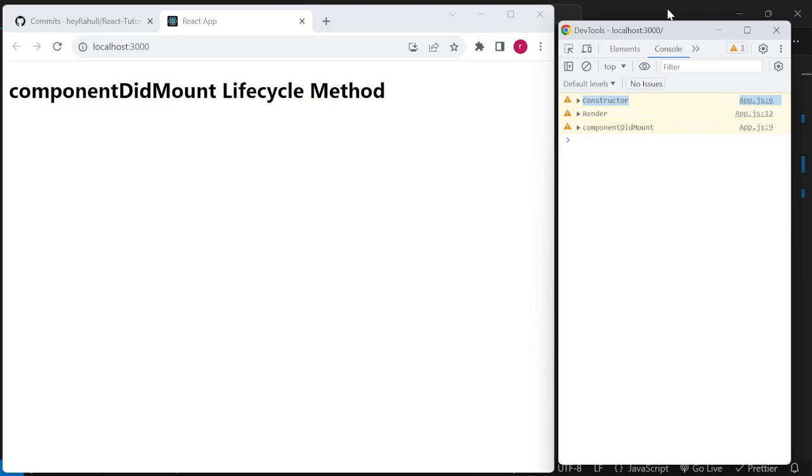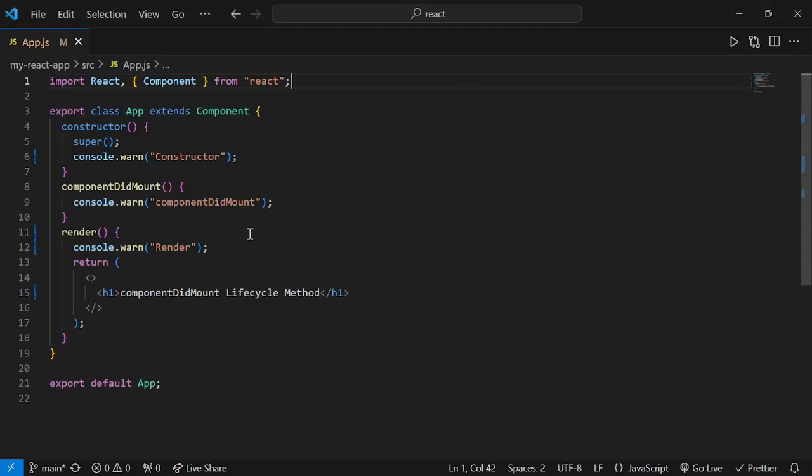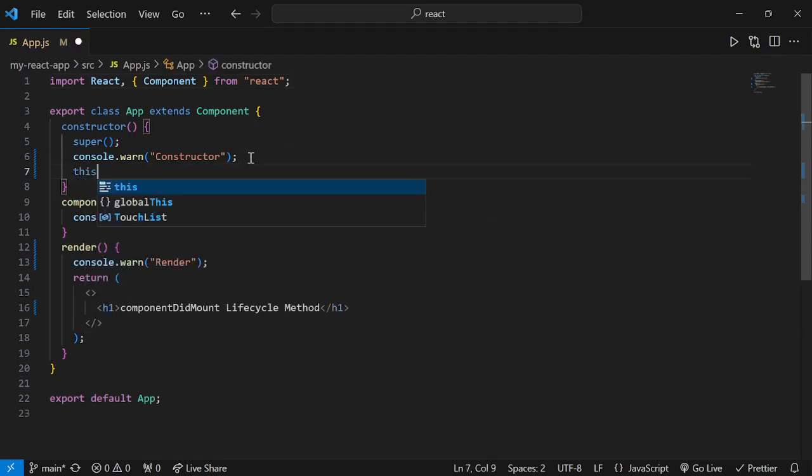Now let us see one more thing. We know that the render lifecycle method runs every time the prop value is changed or a state is set, right? We have seen this in this video. So let us see whether the componentDidMount lifecycle method also runs the same way, like multiple times. So for that what I'm going to do is I'm basically going to create a state, this dot state,